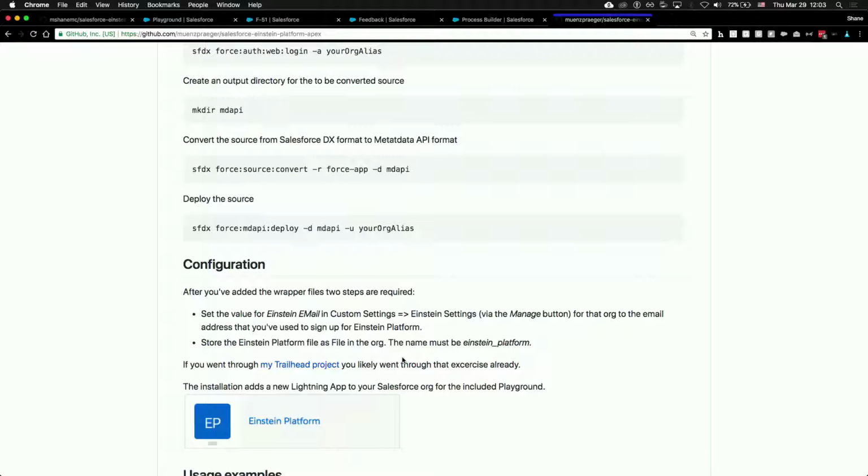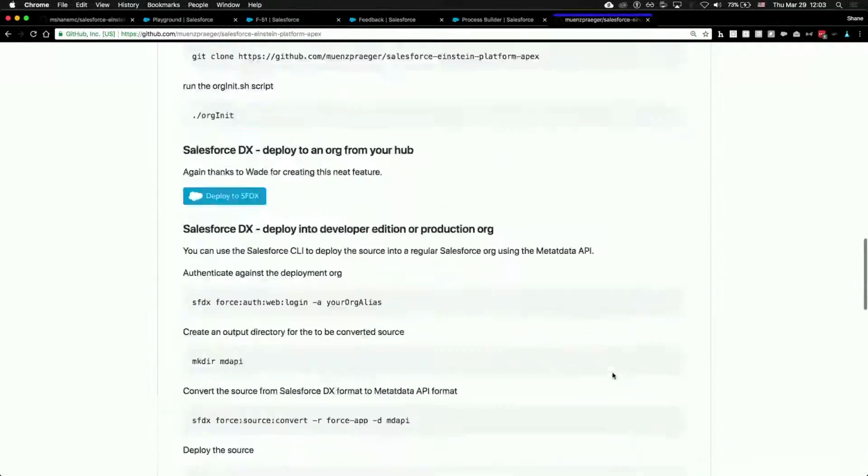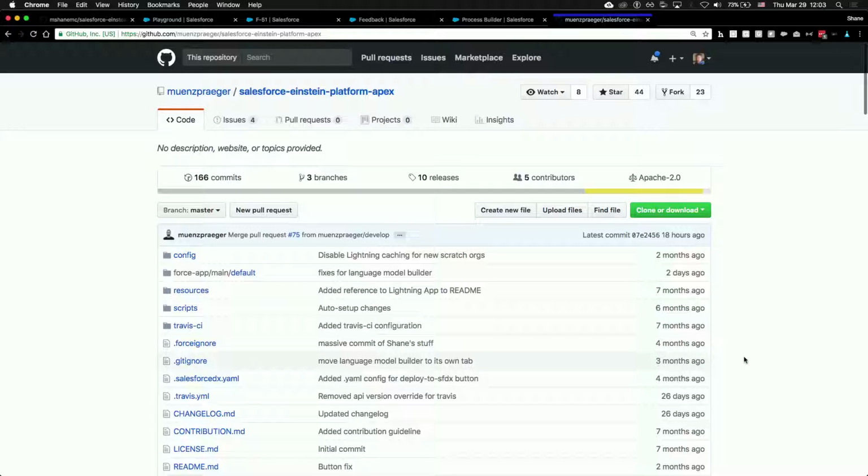And then he's got 2 modules on Trailhead, which also walk you through how to get an Einstein account, how to get that security certificate, how to upload it. So if you've done those Trailhead modules, you may have half of this stuff already done, and you can just slap the playground stuff in it. And then he's got some Apex examples here too. So that's where this lives on GitHub.